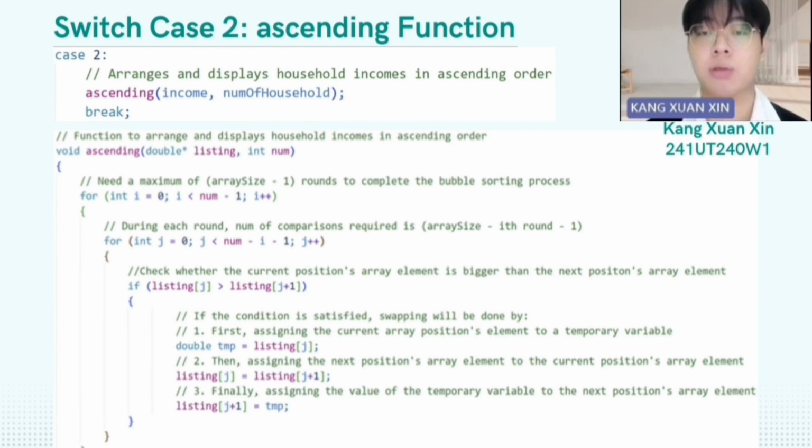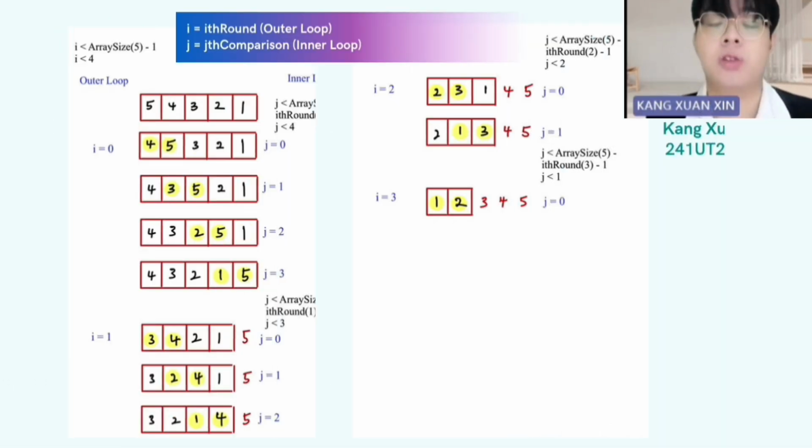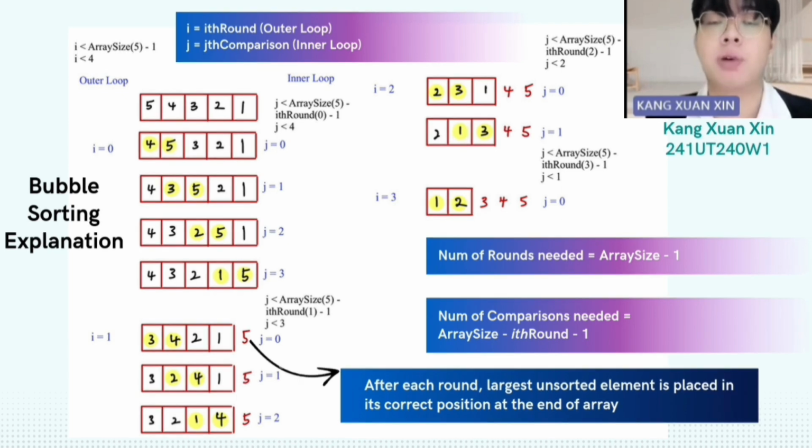A pointer is passed to the function, and when passing a pointer in the sorting function, it behaves the same as passing an array, because the pointer references the memory location of the array elements. This similarity allows us to manipulate the array or any block of memory referenced by the pointer directly inside the function. To sort the elements in the income array, we employ the bubble sort algorithm, which arranges the elements in